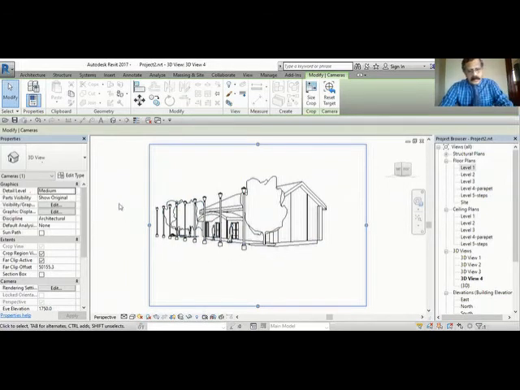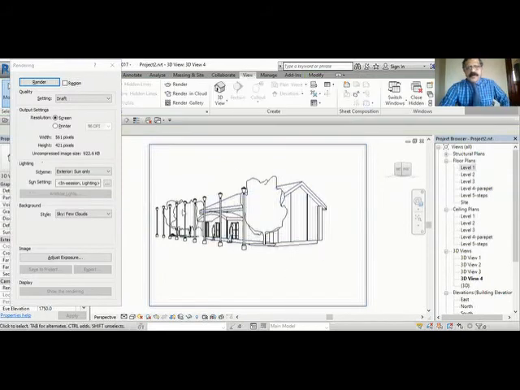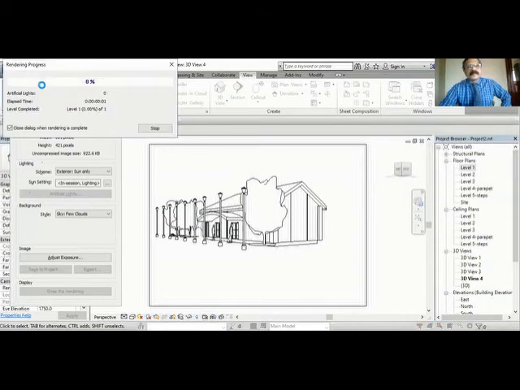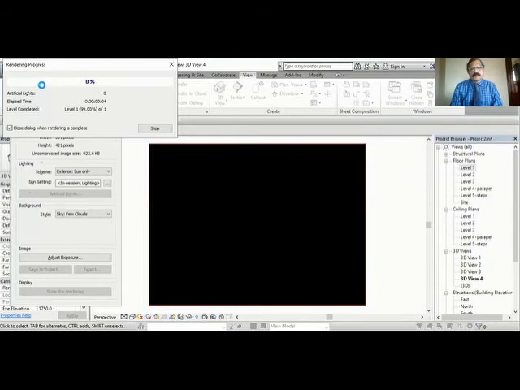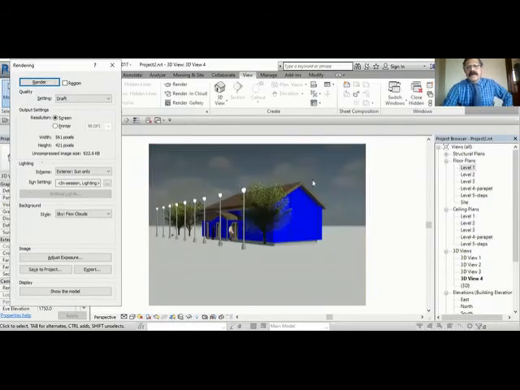Now always when you keep the camera and do the rendering, it will be more effective. Nice to see. Okay, now let's see if the clouds background comes. You see the clouds? You can see the cloud only if you have the camera. Then only you will see this cloud.